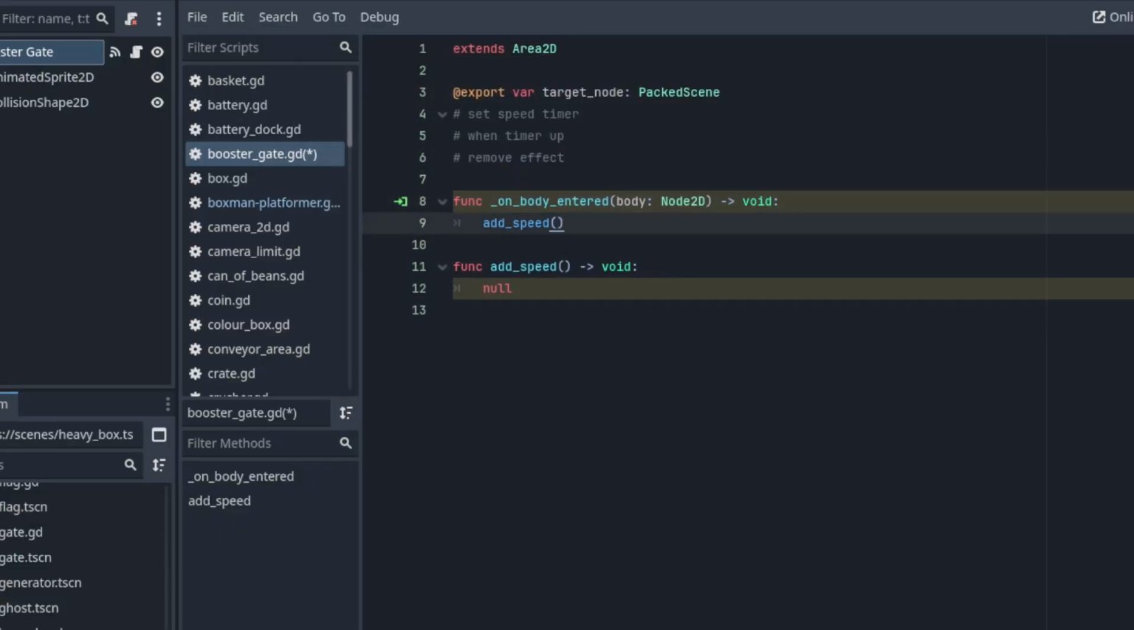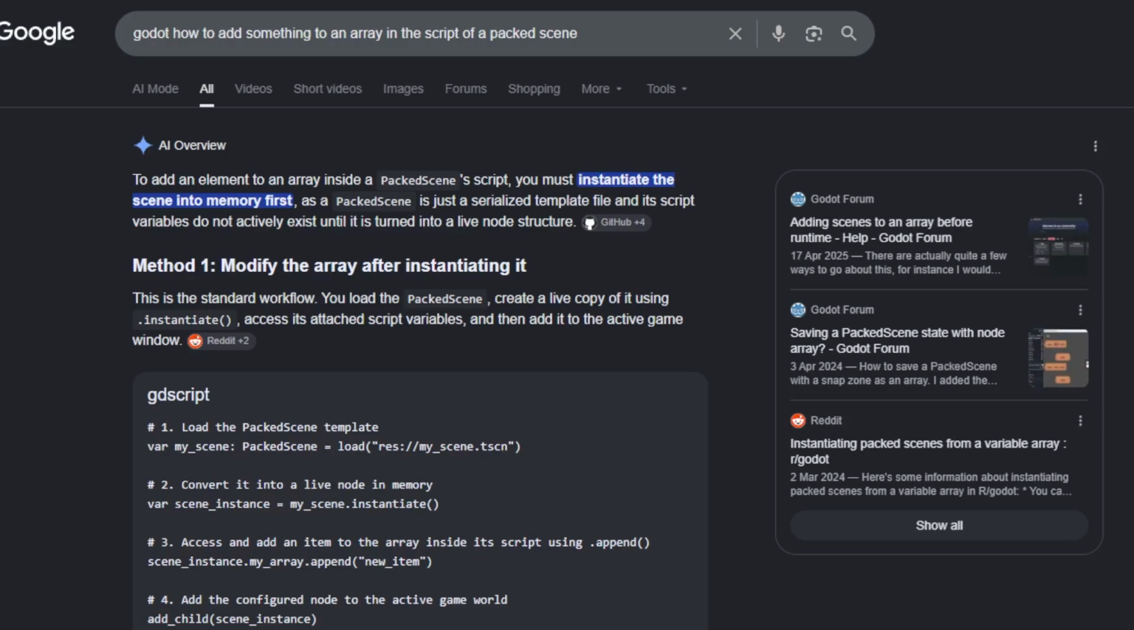And that should work. Yep. Okay. Godot, how to add something to an array in the script of a packed scene? You must instantiate the scene into memory first. Oh, okay, so we put load, and then we put the scene in the load, and then,